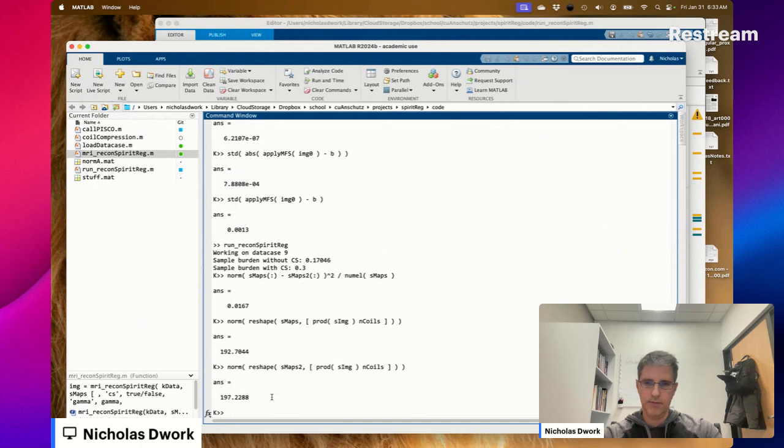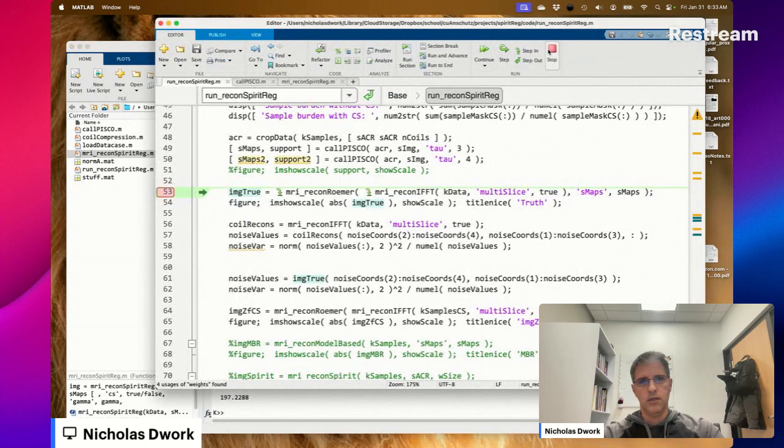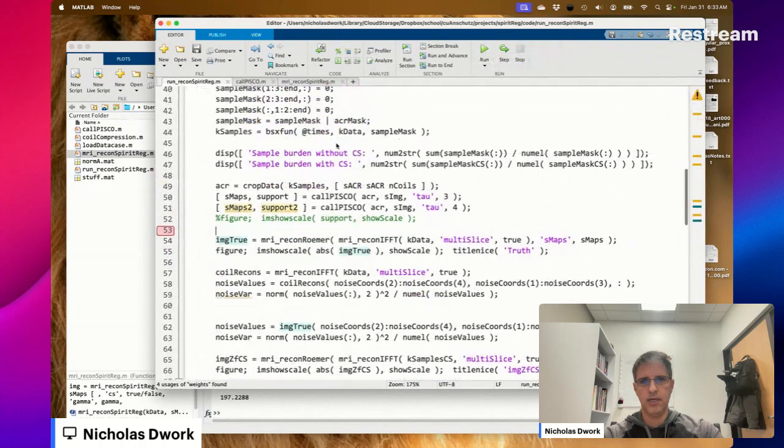That's 0.5. The difference between these two is about 0.4, 0.5. The difference in the norm of those matrices. Is that just an error?